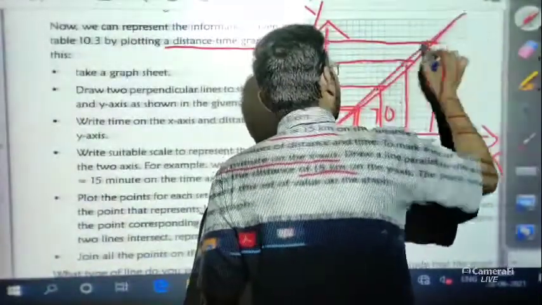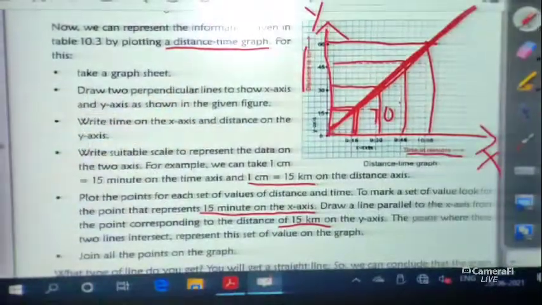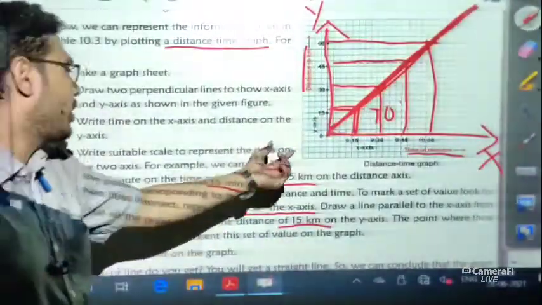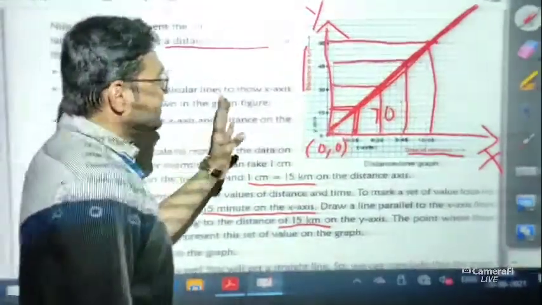Now if we draw a line through these 4 points, you will get a straight line which passes through the origin. By seeing this line we can easily find out, students, that this body is in uniform motion. Why is it uniform motion? Because only in the case of uniform motion will we get a straight line passing through the origin. This is the origin, we can say this point is 0, 0. So only in the case of uniform motion we will get a straight line. So this is your representation.